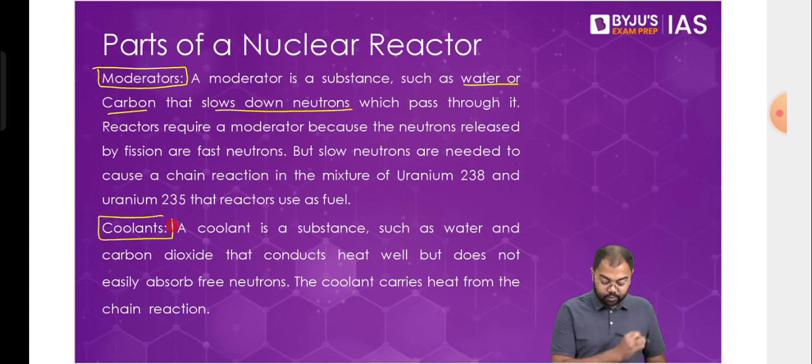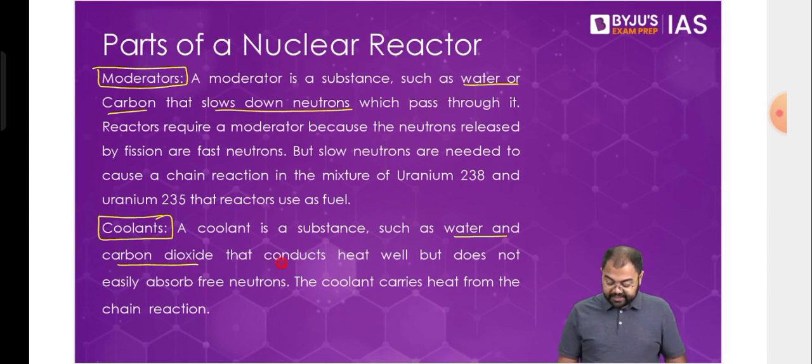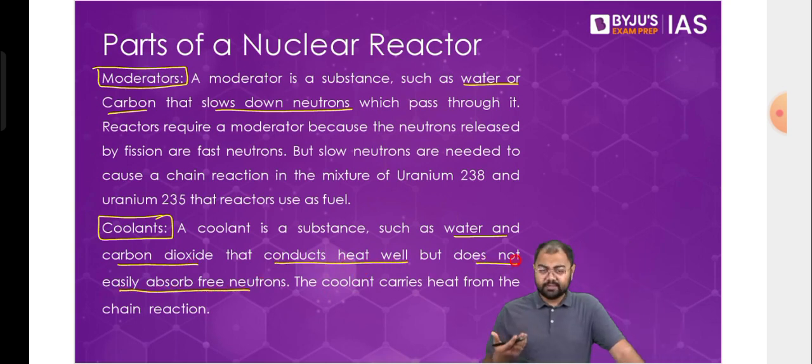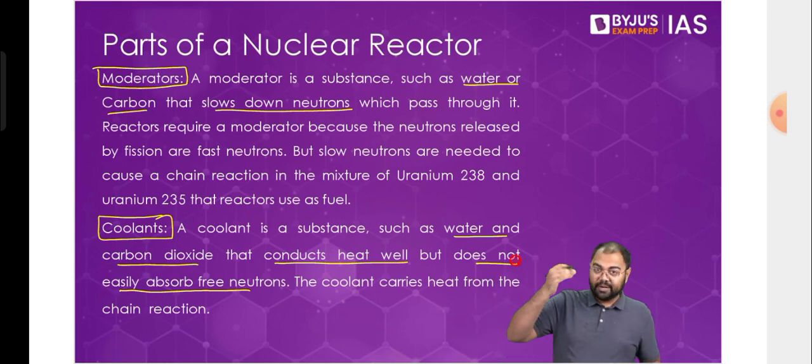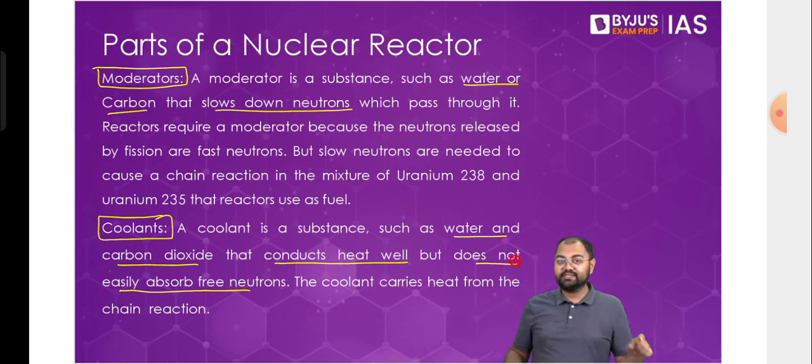And then lastly, we have the coolant. And coolant can be water or carbon dioxide or even liquid sodium is used, where we see that it conducts heat well but does not easily absorb free neutrons. Because for absorbing neutrons we already have the control rods. So apart from control rods, if somebody else also starts to do the same role that is given to control rod,